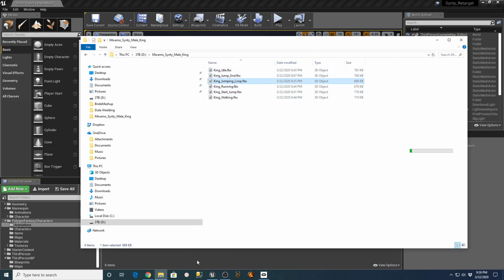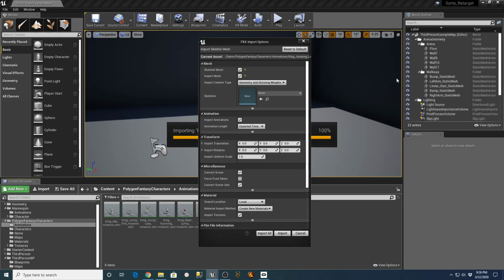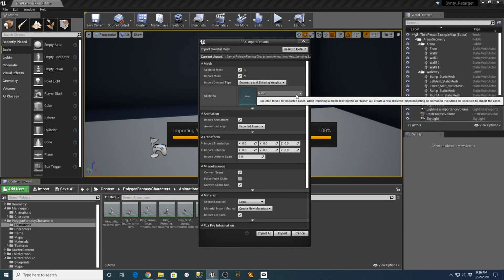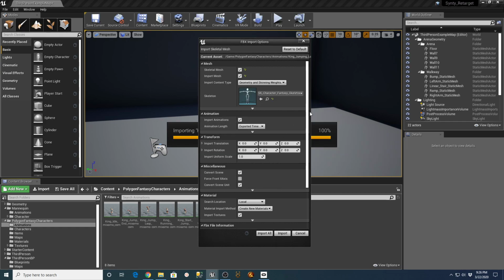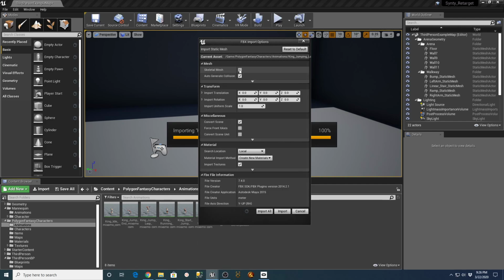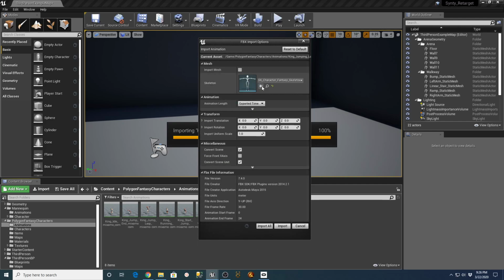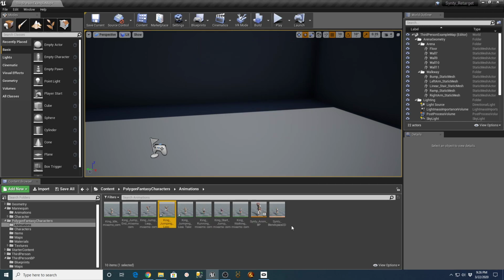Drop that in there. Assign it to the skeleton and import that.